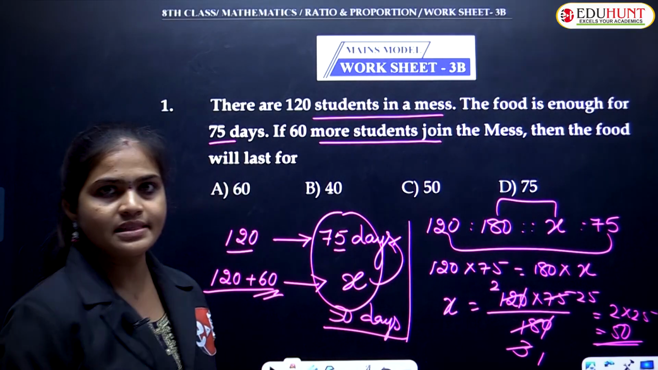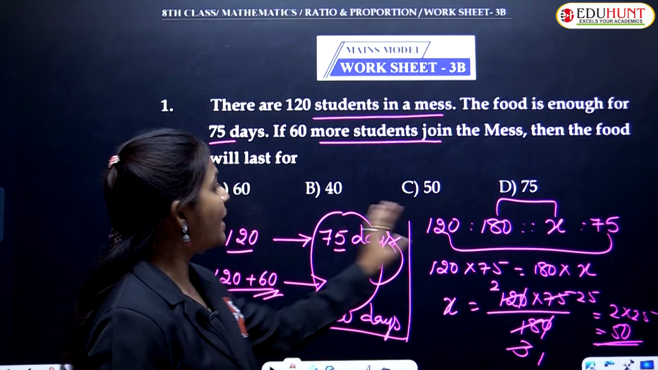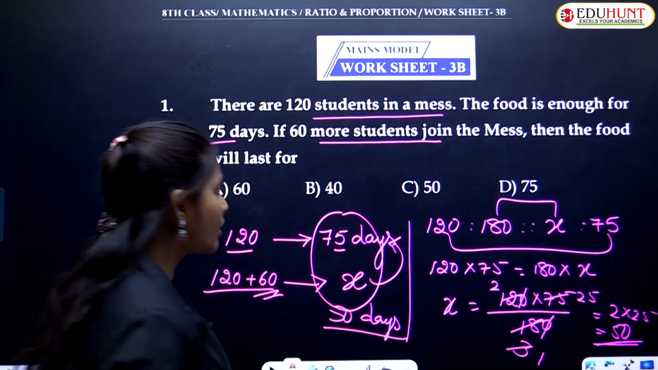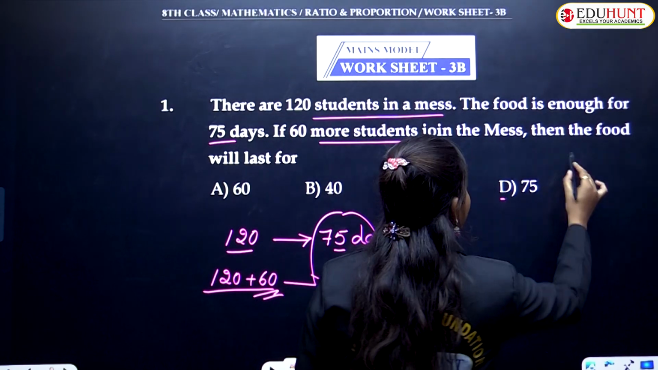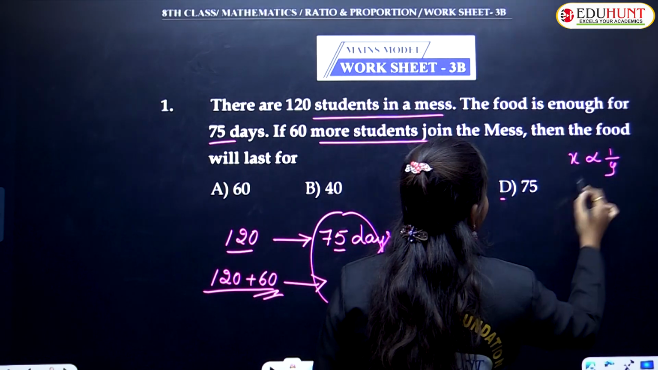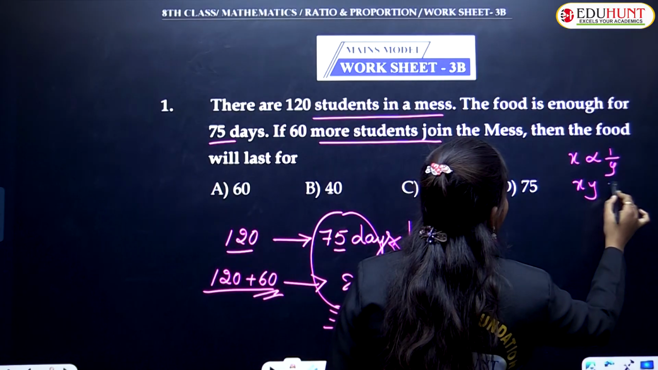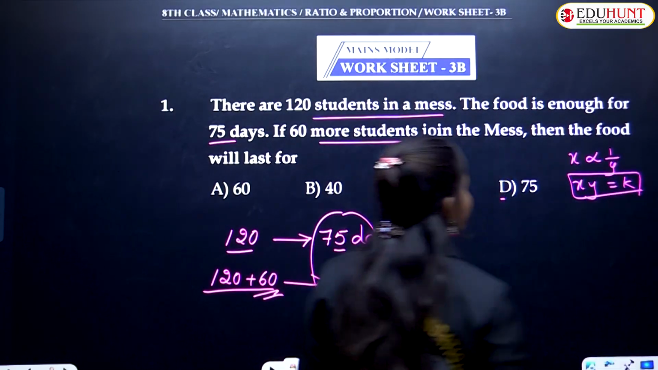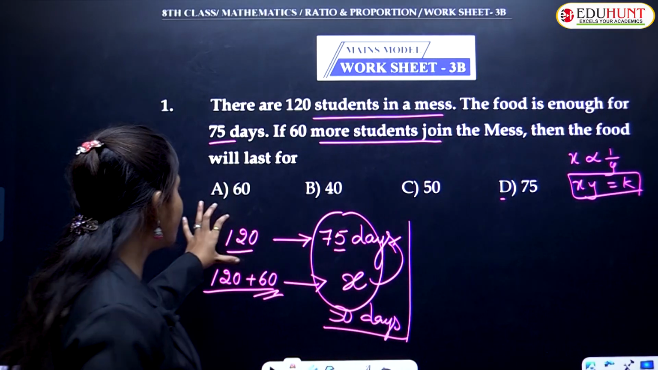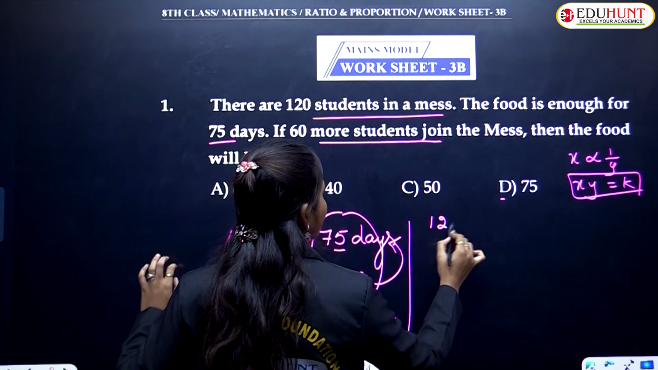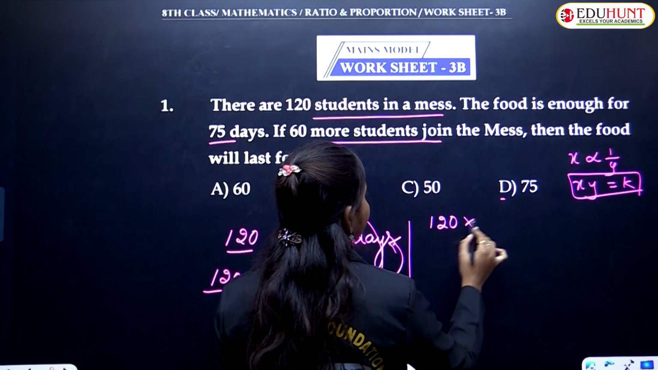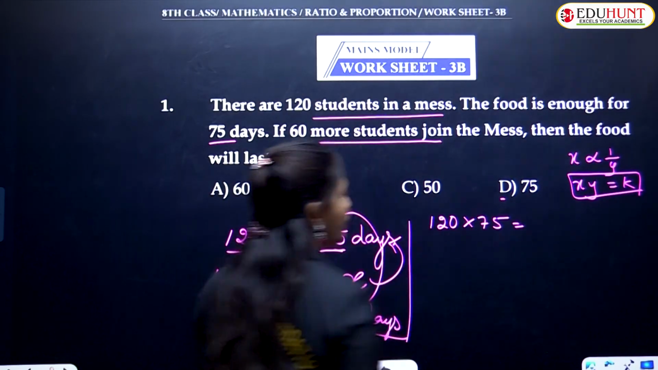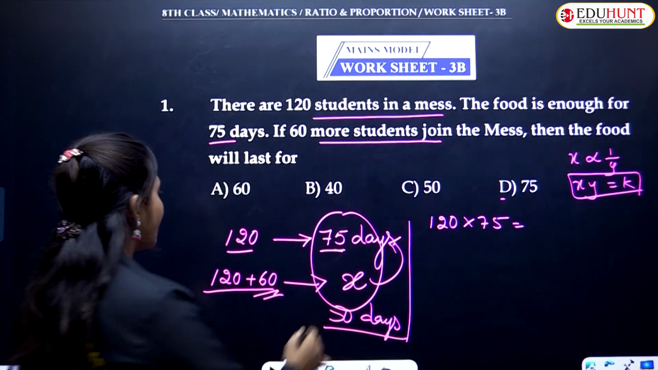For 50 days. Okay, children, this is by using that proportion method. And by using that direct relation, what is that? If x and y are inversely proportional, then their product is constant, no? So by using this condition also we can simplify that. So just to check, here x is 120. Okay, so 120 into 75. 120 into 75, that product is equal to